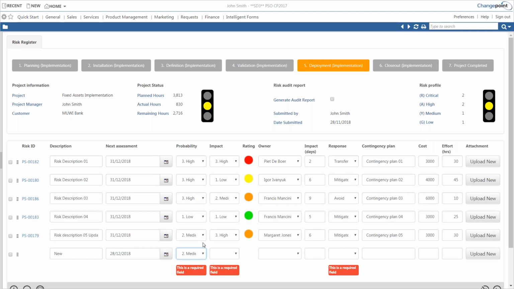Okay, it gives me the option to talk about validation. Beside the standard ChangePoint validation, you can add additional validation in the form, which is nice to have, because you really have plenty of flexibility. So you can build complex validation rules based on logic between the fields that are